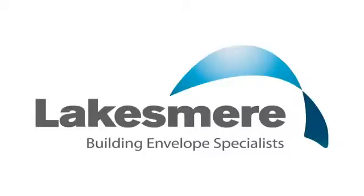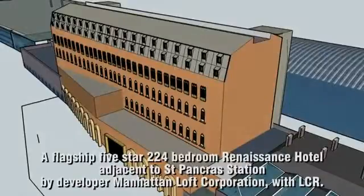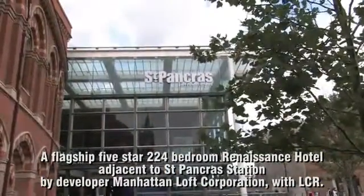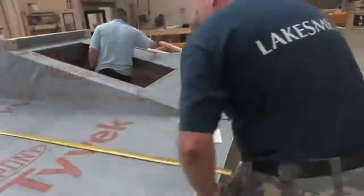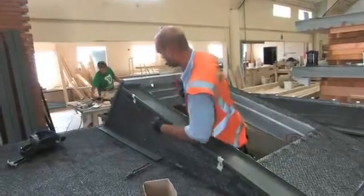this challenge. All of these benefits, and many more, can be demonstrated by the off-site manufacture of key envelope components for one of Lakesmere's high-profile projects, the Renaissance St Pancras Hotel, London, a new 5-star facility located within London St Pancras train station. Here, the control offered by factory manufacture provides significant improvements to quality, resulting in far greater programming